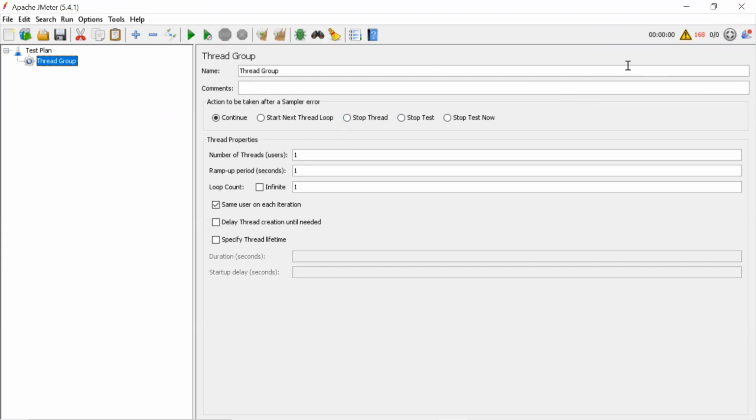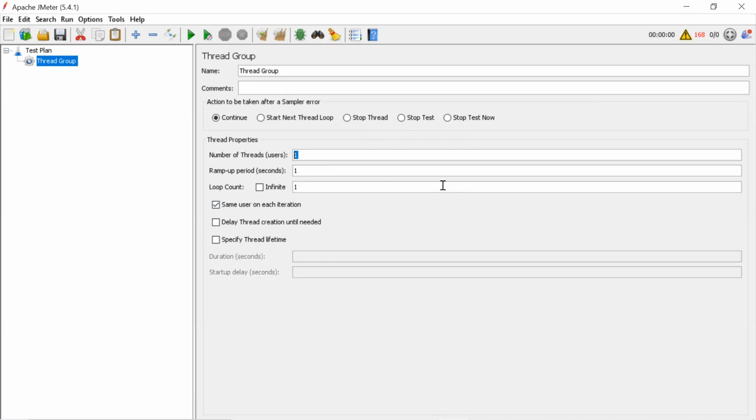The logic is JMeter will use the memory or RAM of this system, and it will create multiple threads. Generally each process will be one thread. So if I give 10 here, it will create 10 different threads in the Java memory, and each thread will act as a user.